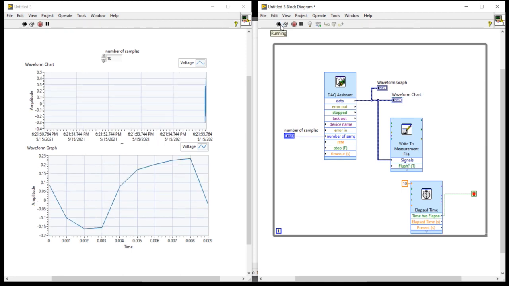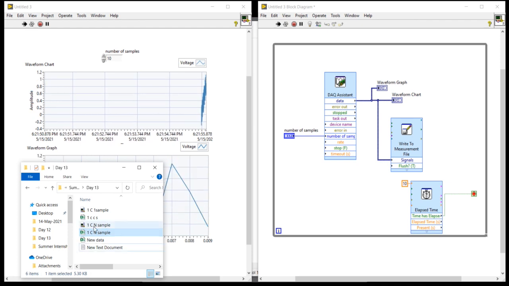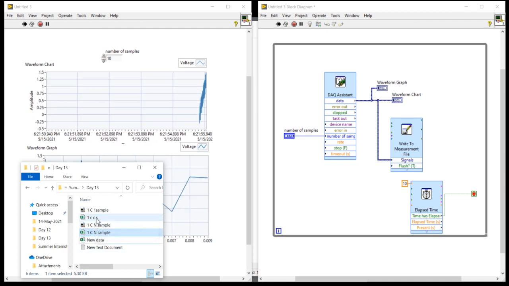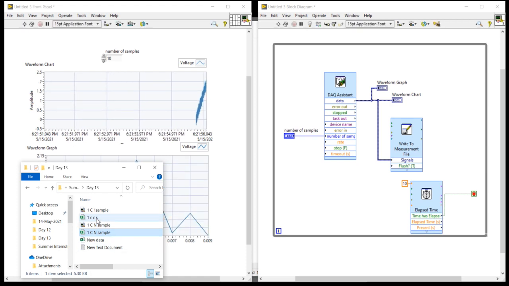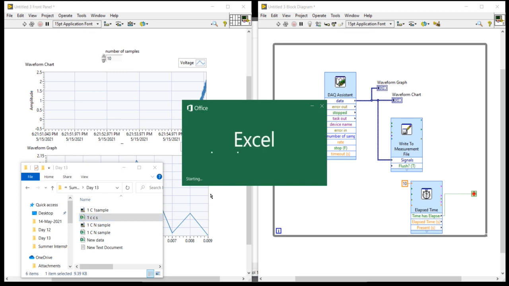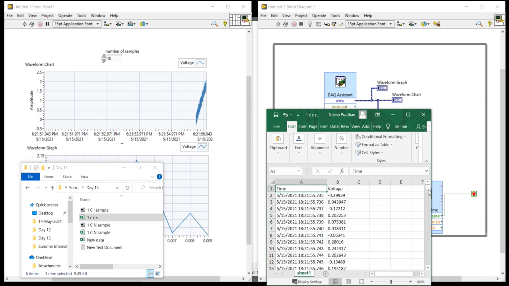Run. Now I'm going to open it. So these are my voltage data for 10 seconds.